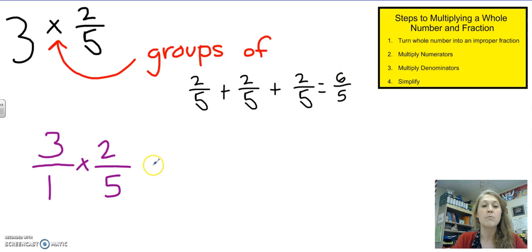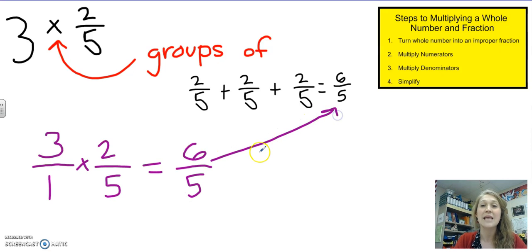Step number 2 says multiply the numerators. So we're going to do 3 times 2. 3 times 2 gives me 6. Step number 3 says multiply the denominators. 1 times 5 gives me 5. So you can see right here that we got the same answer as when we did repeated addition, but we're